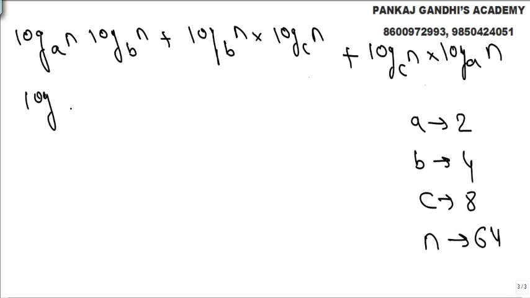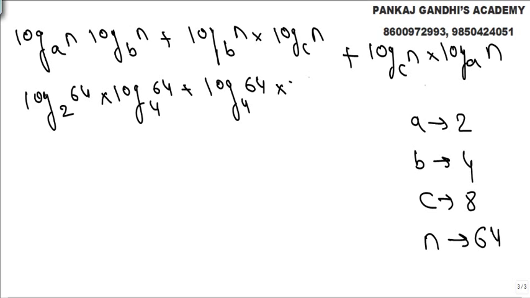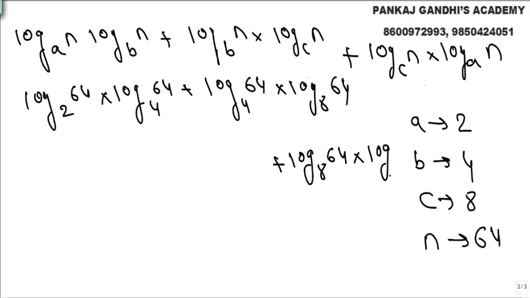So now what all we know, log to the base 2. Look, if nothing is working out in your favor, this can always work if you are not able to work out how to solve it. Log to the base 4 of 64, log to the base 8 of 64, and furthermore log to the base 2 of 64.